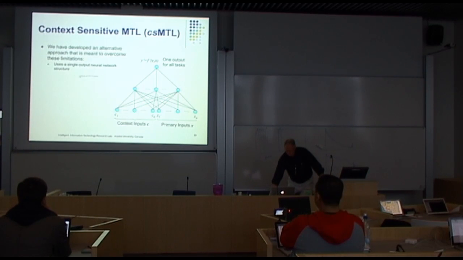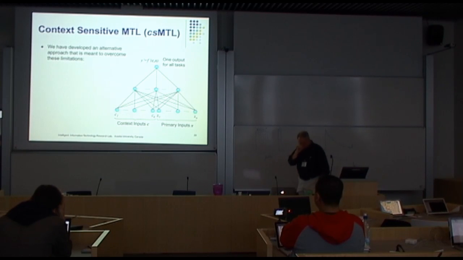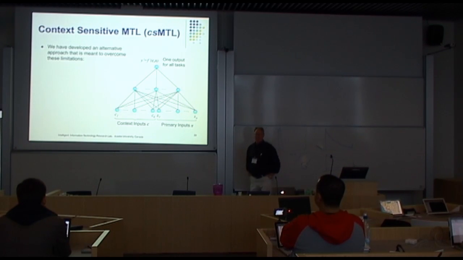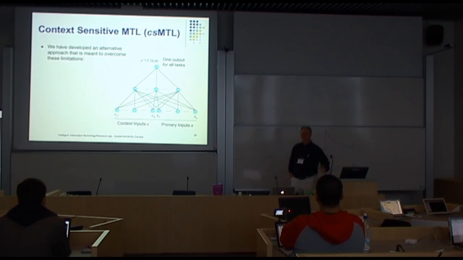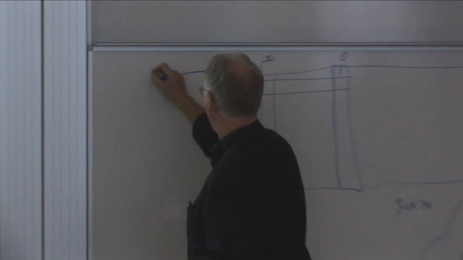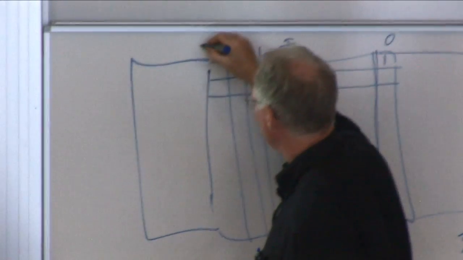But there are these limitations. So that drove us to thinking about another way of doing this. And this was one of these things where, as the professor, I thought about this back when I was doing the very end of my PhD, but it was like 10 years later, and a master's student said, why don't we just change the multiple task data such that instead of having multiple outputs, we only have one output. And what we do, alternatively, is we add on to the front of this a series of